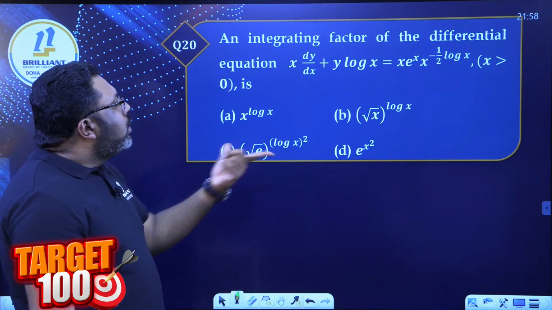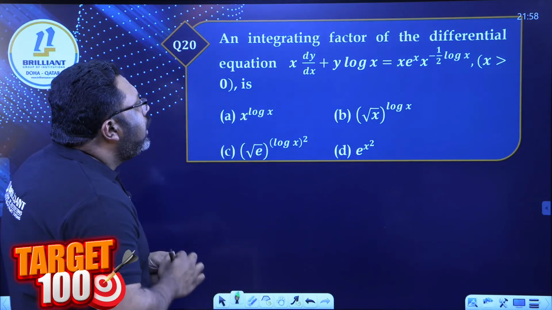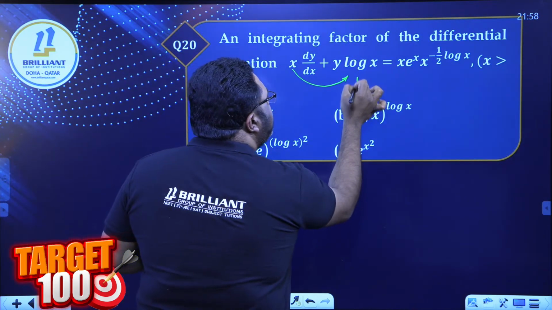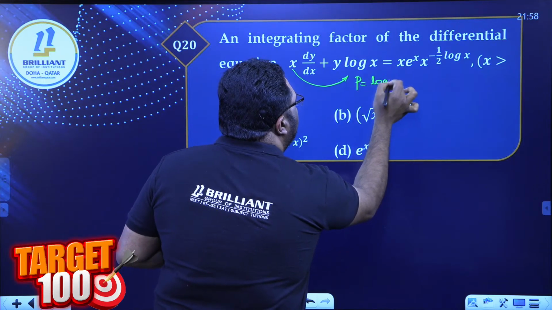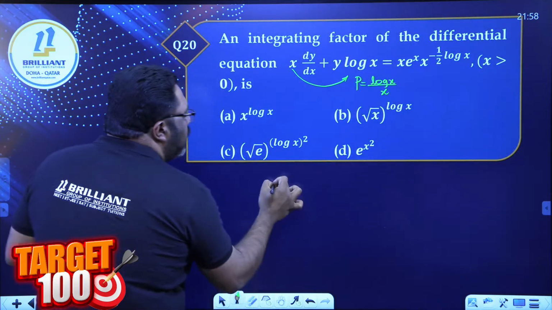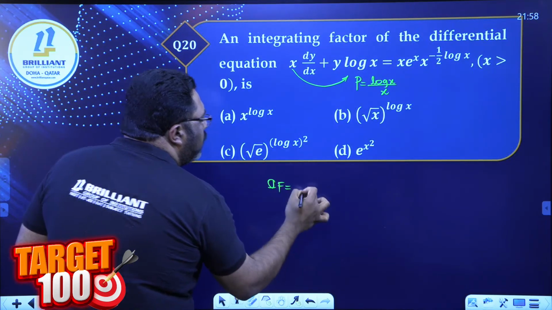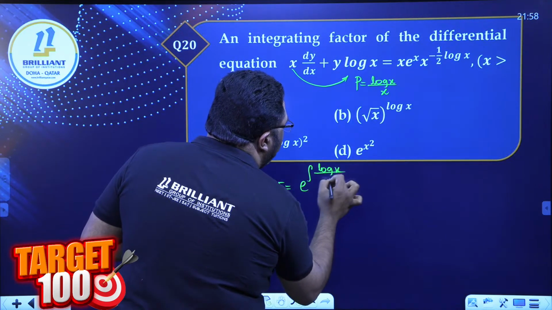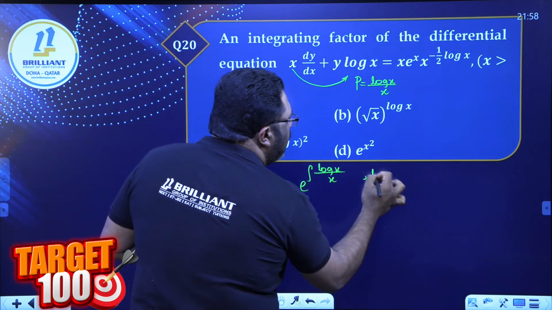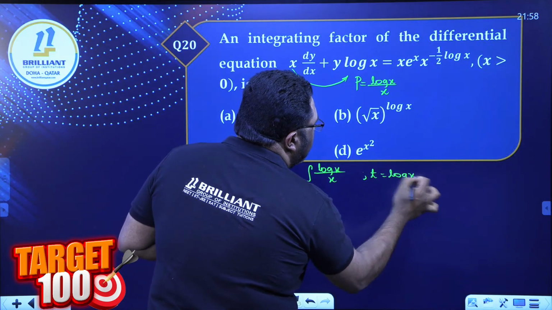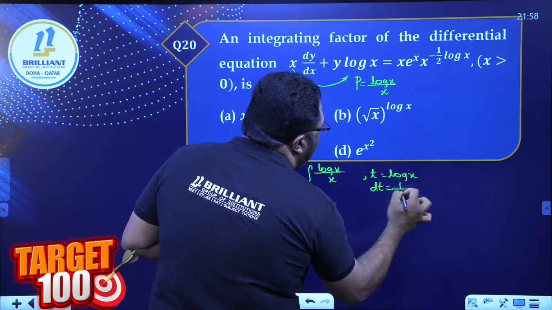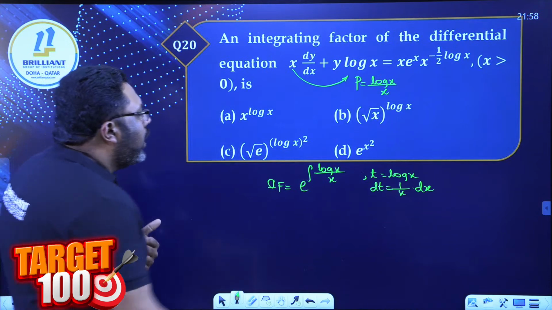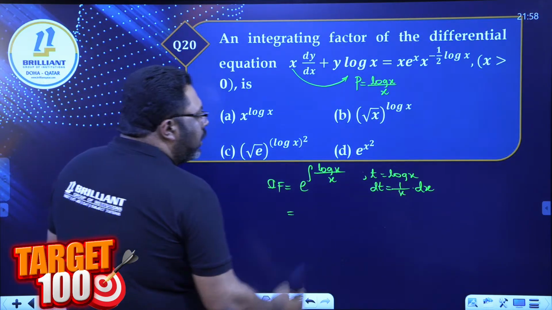Question number 20. Okay, again integrating factor. I have to divide this by x over here. So I will get my P as log x divided by x. So my integrating factor is equal to e raised to integral of log x divided by x. Again, method of substitution. Put t is equal to log x. The derivative of t is 1 by x dx. So your answer is going to be